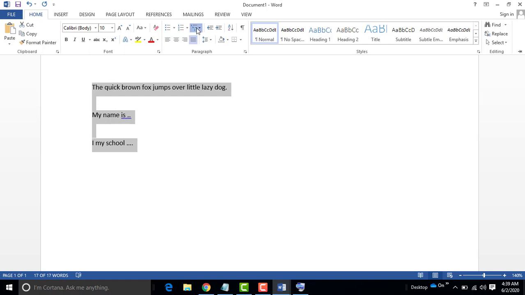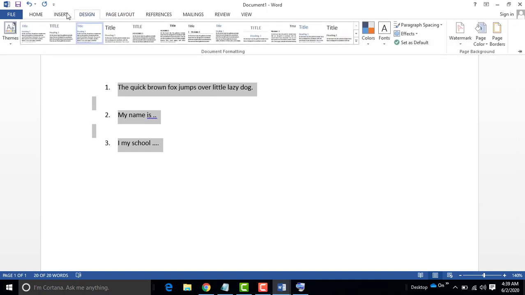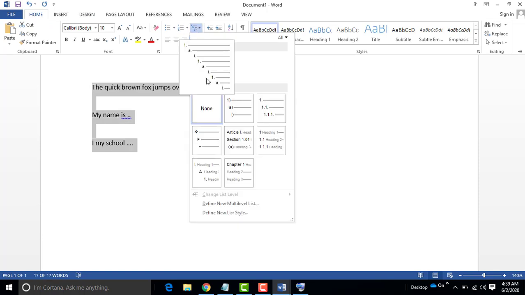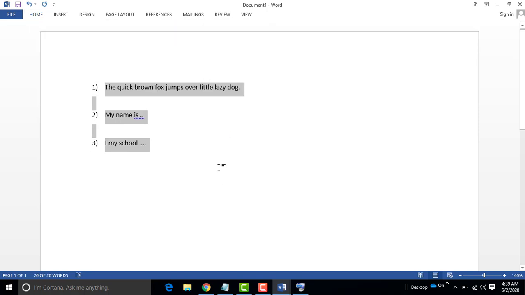Decrease and this type. Just design, insert, deselect and select this type. Okay, so it shows this type.